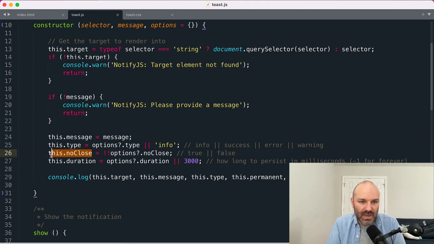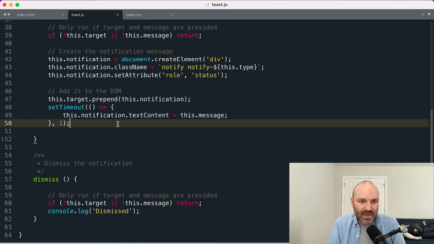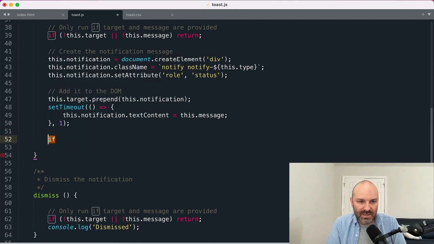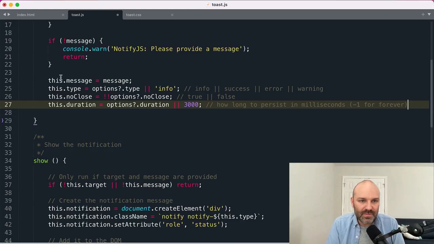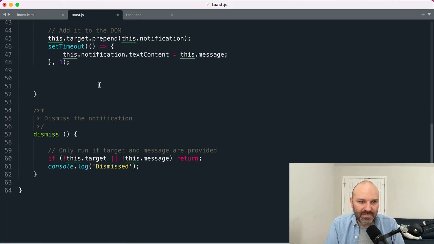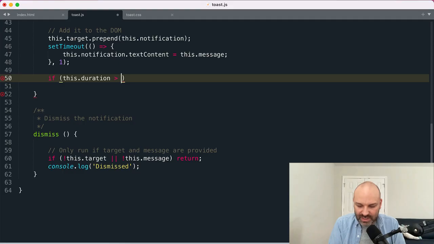So let's add, how do we want to do this? Okay, so we can get rid of this. We're going to say if, let's go with duration, right? So if this duration is greater than 0,